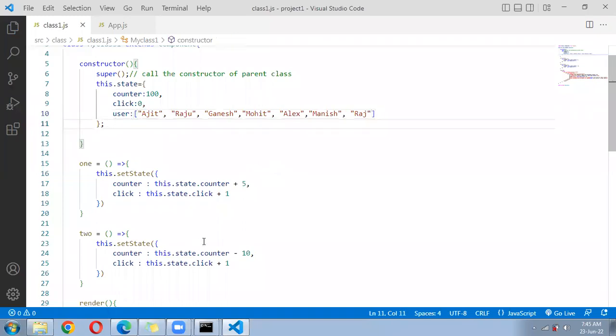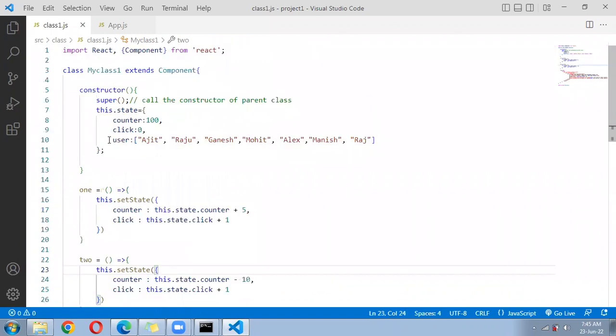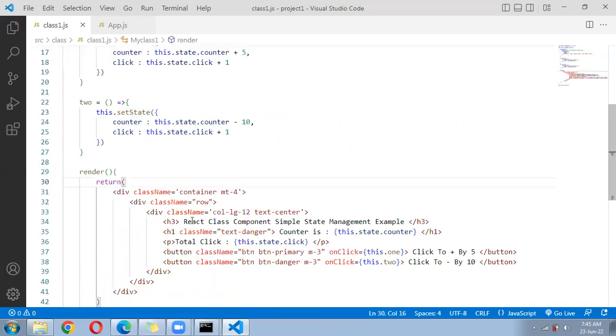We'll come down again. This is an array, so user becomes an array. So you have to write this.state.user.map, this.state.user.length, this.state.user[1]. You will get Raju. Okay, user you cannot access directly since it is part of a state, and a state is part of the class. So this has to come, then your state has to come. After that your object name will come. We can print here after the button,